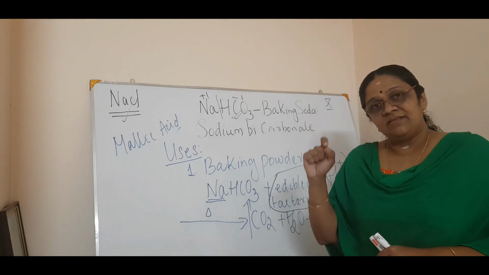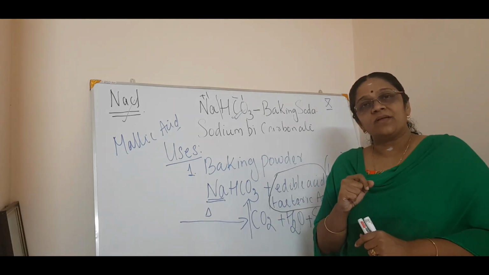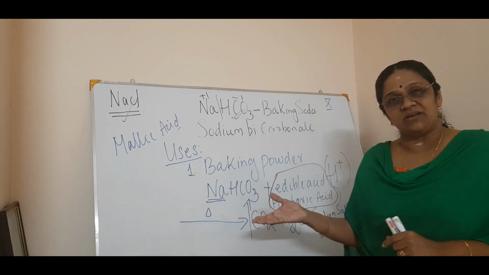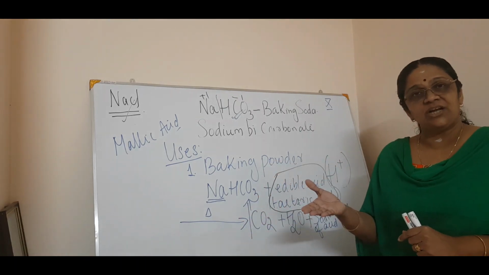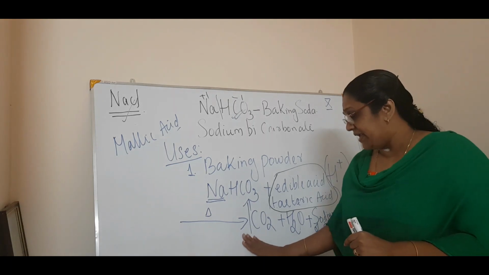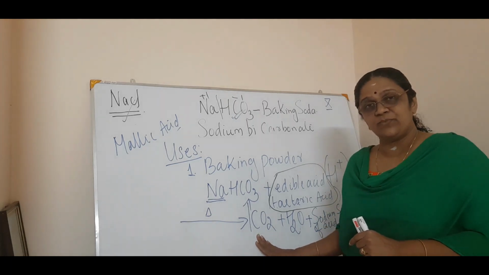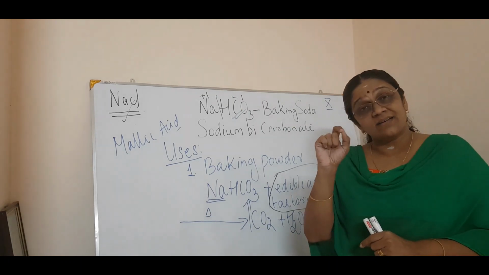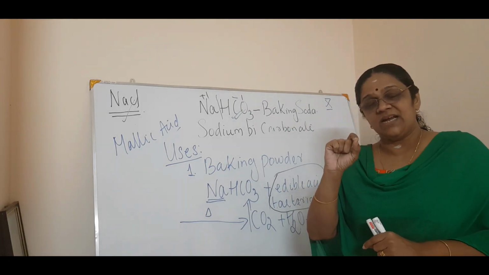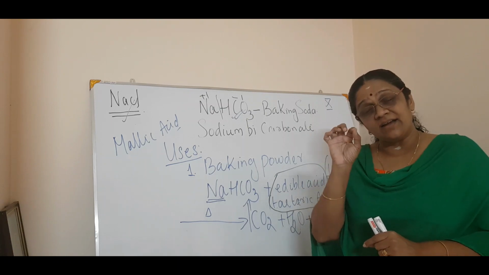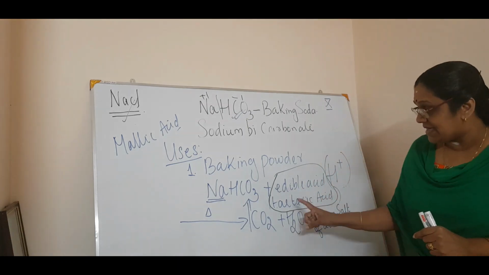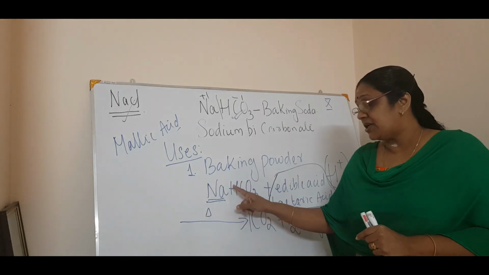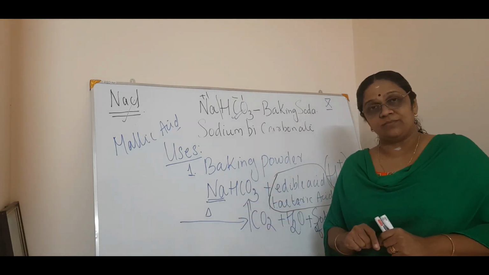Once they have asked, the first question is why cakes are spongy in nature when baking powder is used. That you know. The value point is the liberation of carbon dioxide gas. The second question they have asked is why tartaric acid is used. They pointed out tartaric acid as the edible acid: why is it used as an edible acid in the preparation of baking powder?